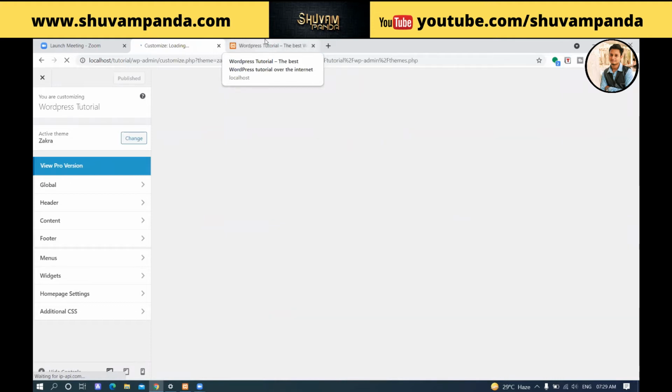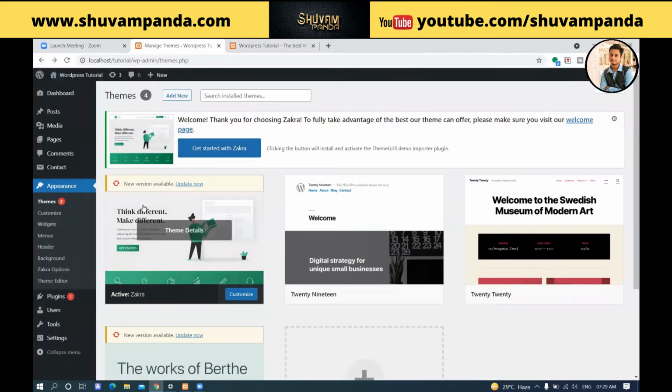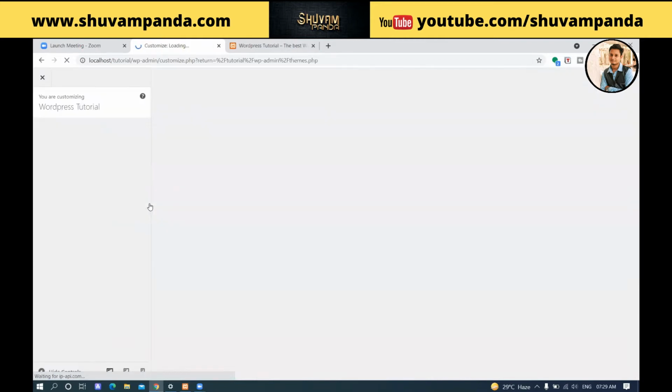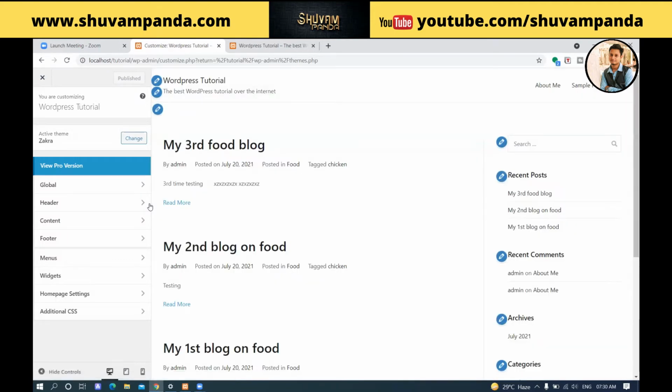It can be accessed directly there, or if I press back, after Themes there is also a Customize tab available. Same place, same thing, but two different methods where we can do the customization of our theme.